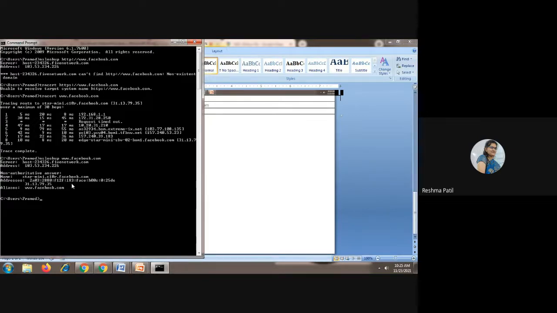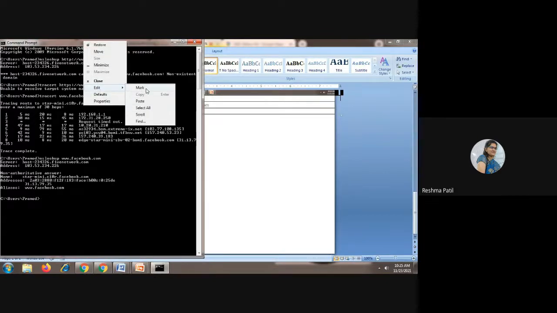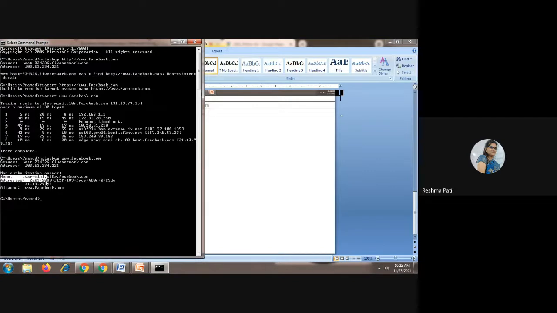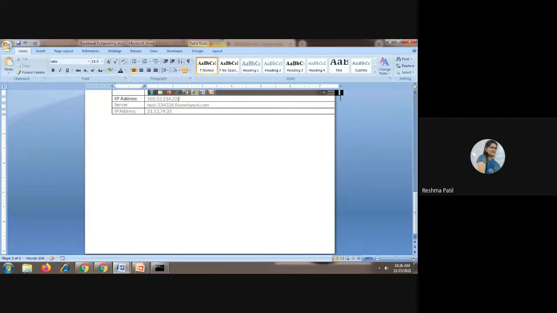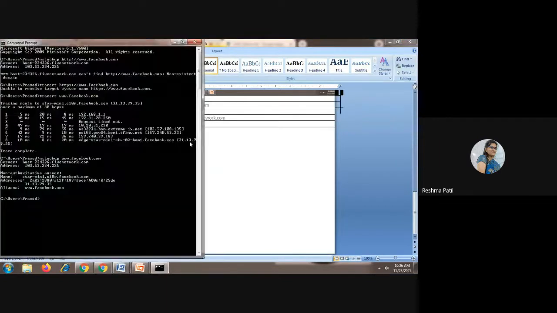This IPv6 address is here. This is the IPv4 address. This is the IPv6 address. Both are available. You can copy paste this also, the IPv6 address. And alias means synonym for this, facebook.com server.